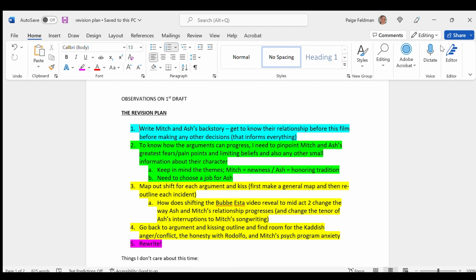So those 5 steps are what I'll be focusing on here on this channel for the next few weeks. First up is that number 1 in blue, write Mitch and Ash's backstory. And I'll tell you all about that next week